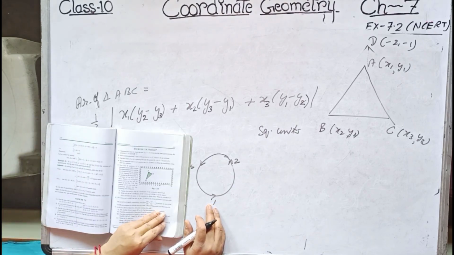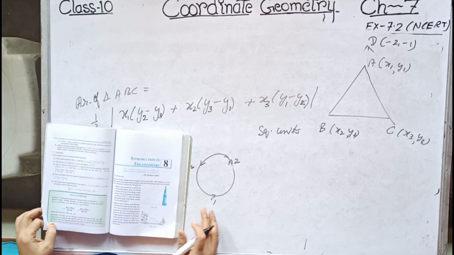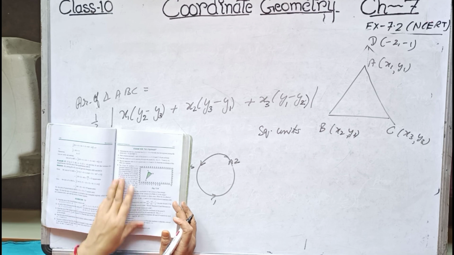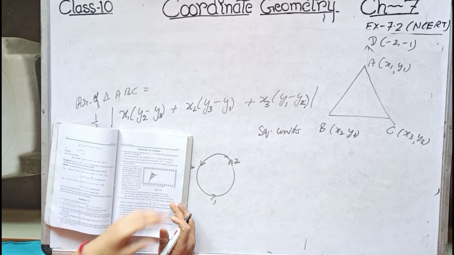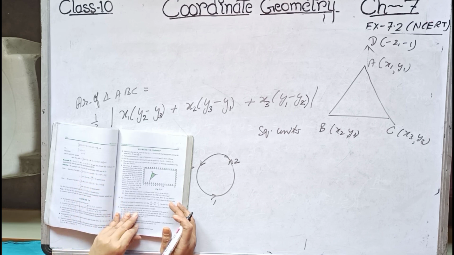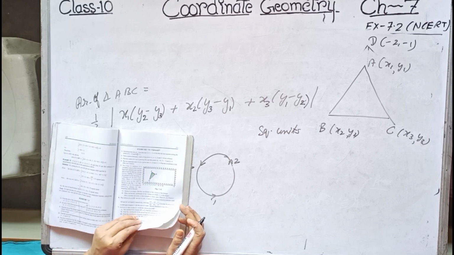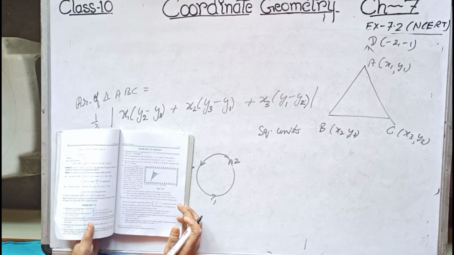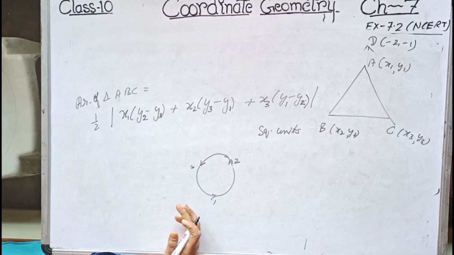So actually the syllabus of coordinate geometry is over. That means the concepts of coordinate geometry are over. Next class I will be doing exercise 7.4, that is optional, in which if it is based on the area of the triangle, that obviously I will be omitting, and one more class is needed to complete coordinate geometry.